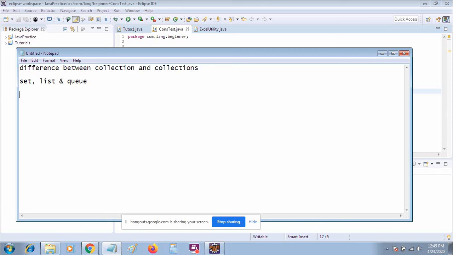Now when we are talking about Collections, Collections is basically a class which is in the java.util package. It has static methods like min, max. Since these are static methods and Collections is a class, we can directly call the methods by using the class dot method name. This is the first difference. So Collection is the root level interface, it has the sub interfaces like Set, List, and Queue, and Collections is a class, and it also has some static methods.